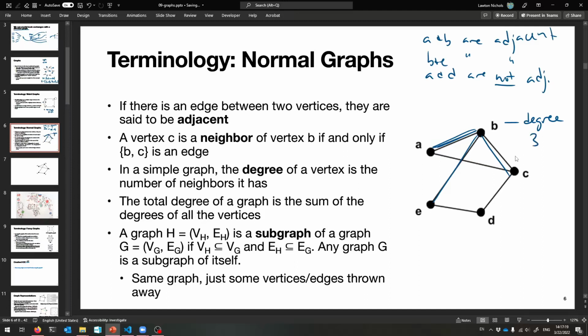Its degree is 3 because B has 3 neighbors, okay? That's what we can say. You can also talk about the degree of the graph. The total degree of the graph is the sum of the degrees of all its vertices. So it kind of talks about this. This is one number that talks about how connected everybody is to one another, how nice the neighbors are to each other. So the degree of this graph,